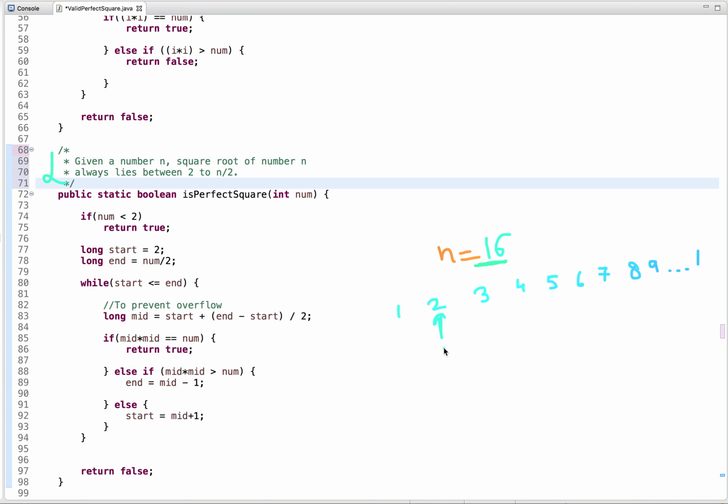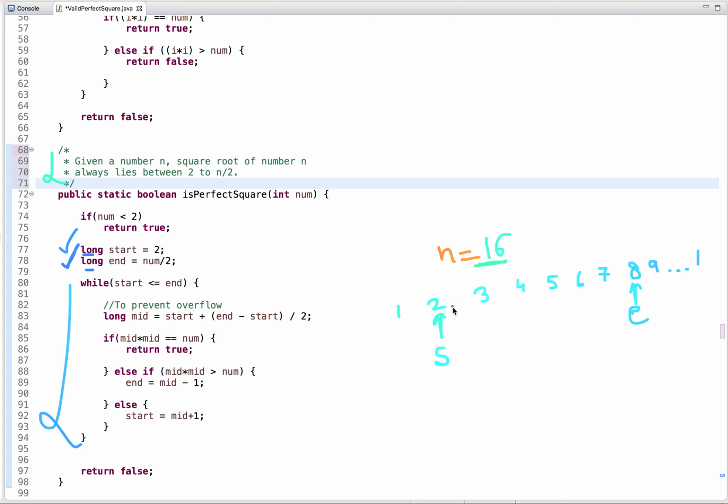So we take the start index as this one and the end index as this one, then we compute the mid, and then we check whether there exists a number whose square is equal to 16. Here I have declared a data type of long type. The reason being, for large input, if I declare it as int, then there might be a chance of integer overflow, so that's why I have declared the long data type.